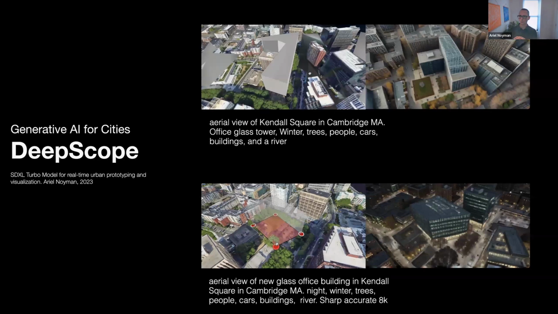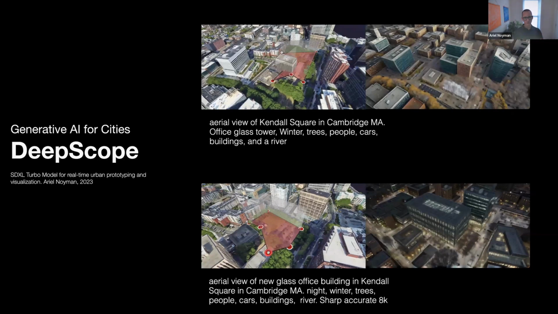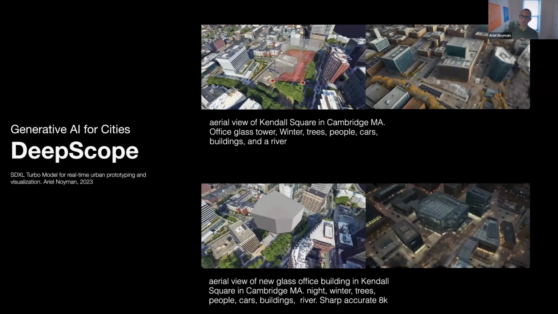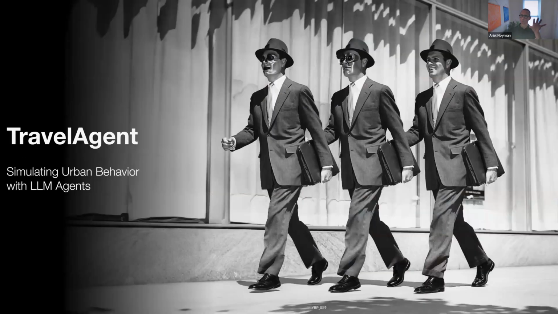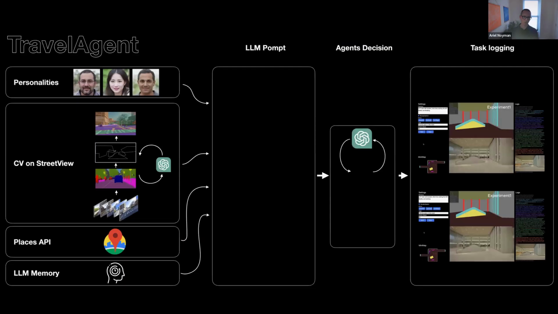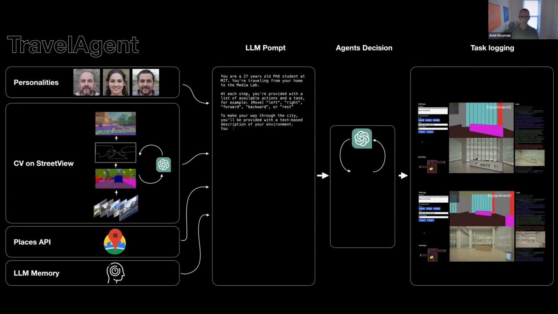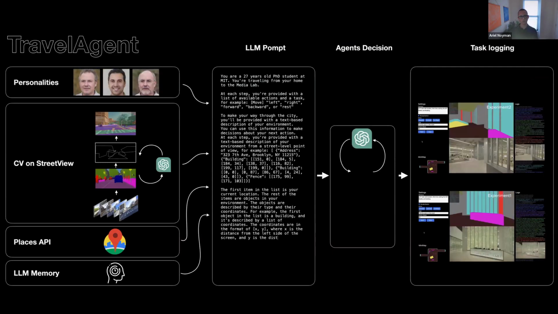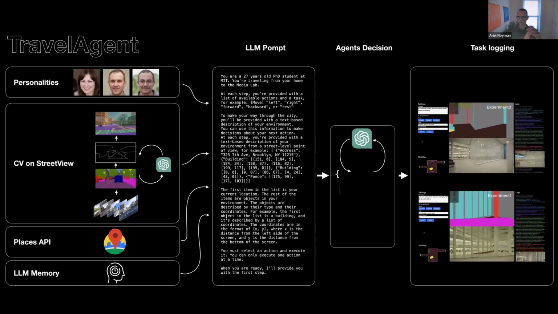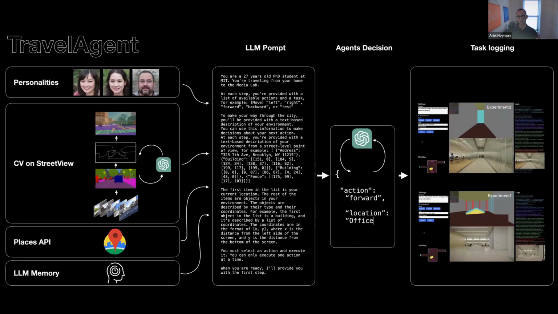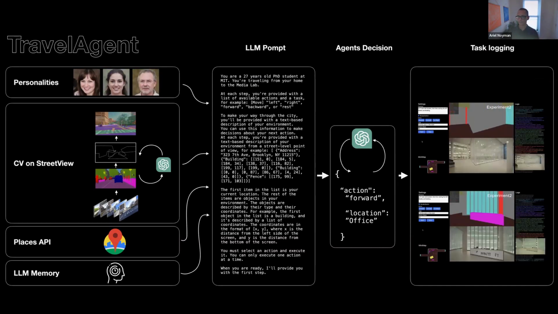Something we work on right now, and this is the last project I'll show in the context of prediction, tries to bring the two together. So I talked about how people move and behave, and I mentioned the experience we have while moving through the city. But in this project, we try to bring them together through the usage of large language models. And we're building what is known as a travel agent, which is a fictional person, as you can see the profiles on the left side, which is then fed by some profile and some background, and a task.